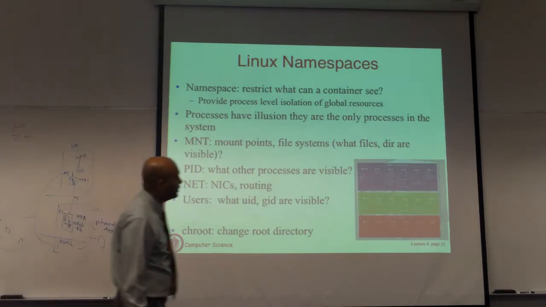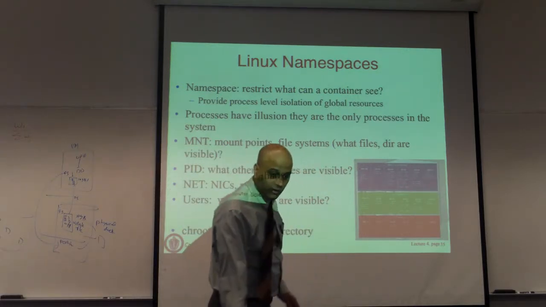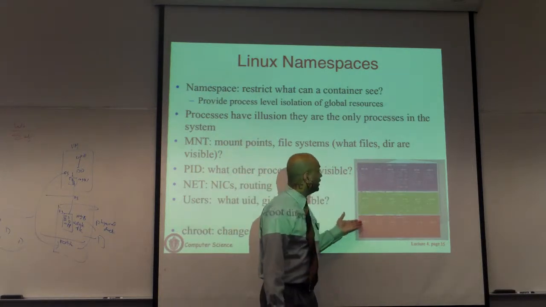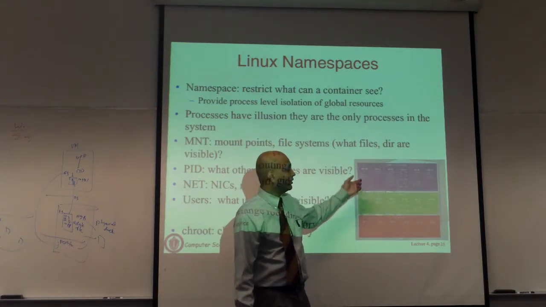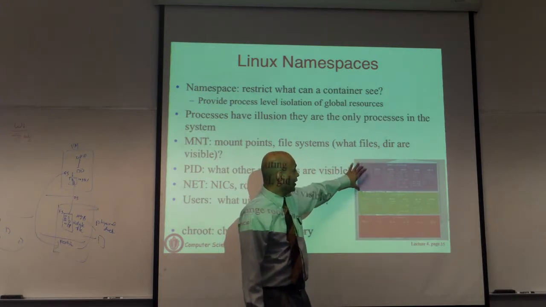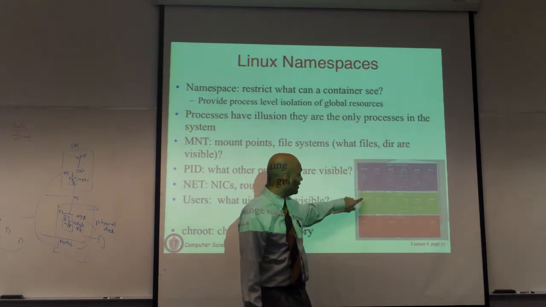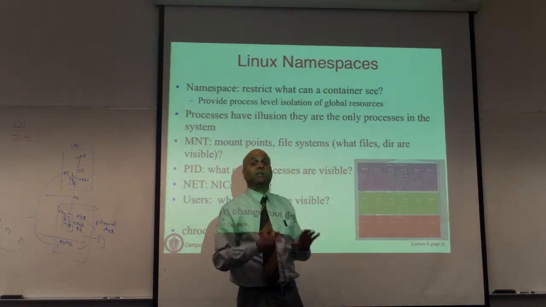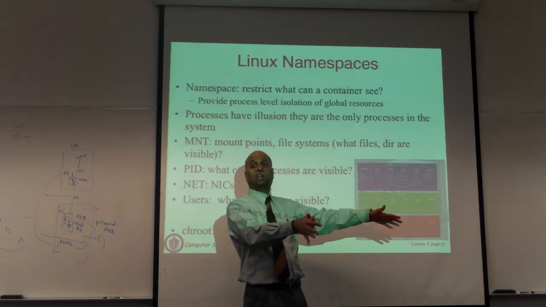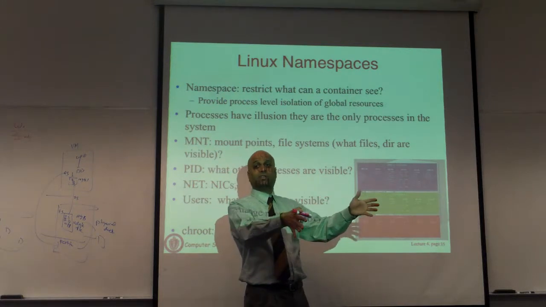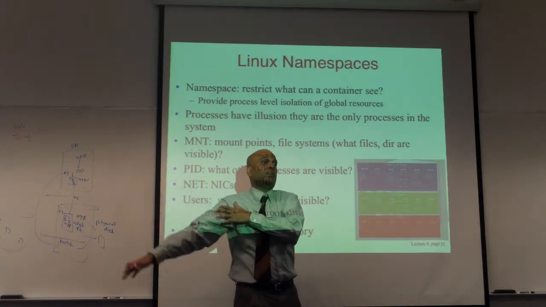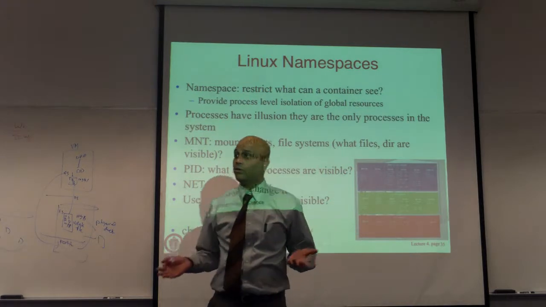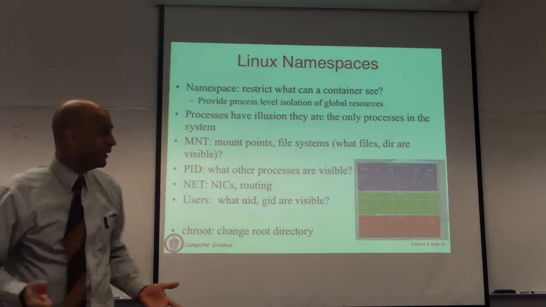So here is a picture, again it doesn't seem to be visible at all. It's much better in the slide. Here are 3 namespaces. If you look at this when you print it out, you'll see in the blue namespace you can see certain files, here you can see certain other files, and so on. You've taken your file system and said this container can only see these directories, /usr/bin. This container can see some other directories but not these. They can overlap of course, but they don't have to. So you're limiting that here.